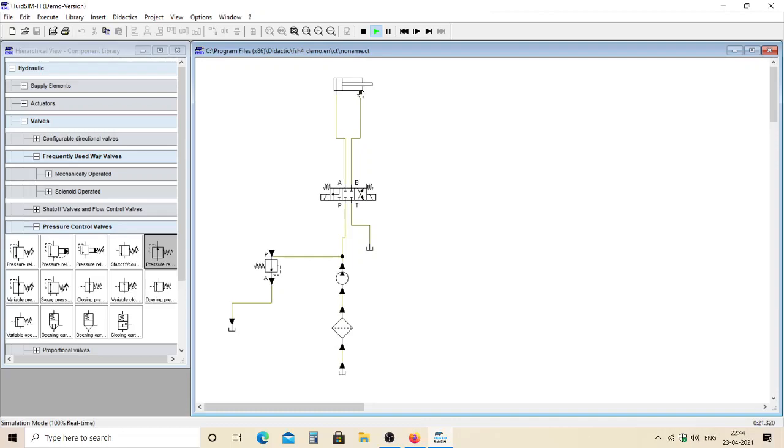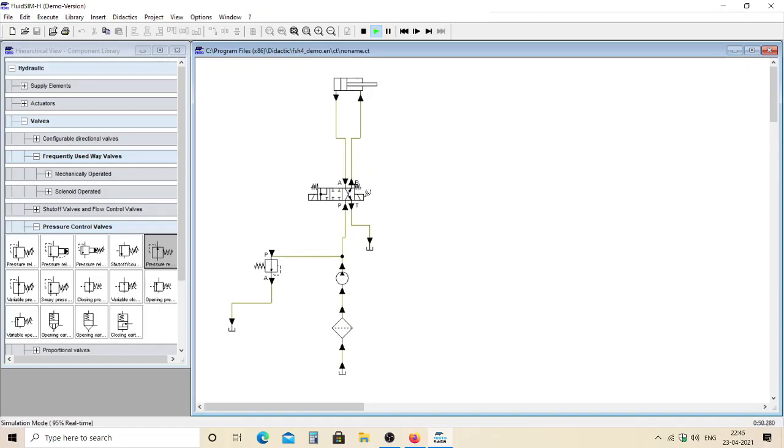Why? Because of this symbol, the oil will come from the rod side to the rod side and again enter into the head end side. So just check, just click here. See, you have to press the button once, and again if you lift, it will go to the center position. So just click on the left or right side, the cylinder will move.